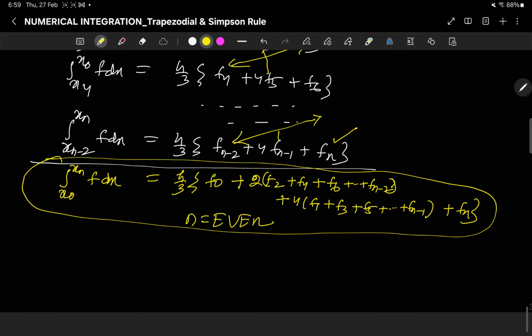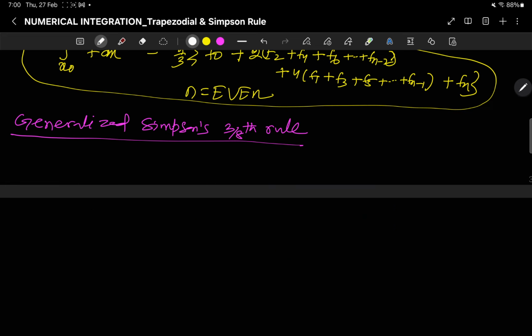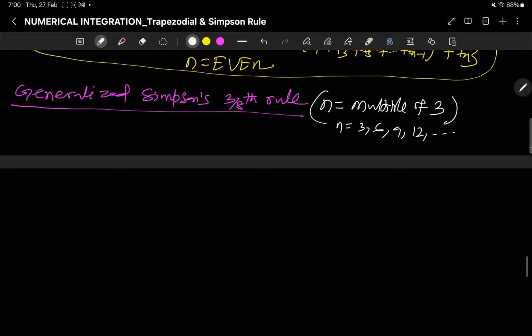Accordingly we will discuss the Simpson's 3/8 rule. Now coming to the generalized Simpson's 3/8 rule, basically here n must be a multiple of 3. So n must be 3, 6, 9, 12 like that. Now coming to this rule, we have x0 to xn, here a to b is the same thing as x0 to xn, and we split it